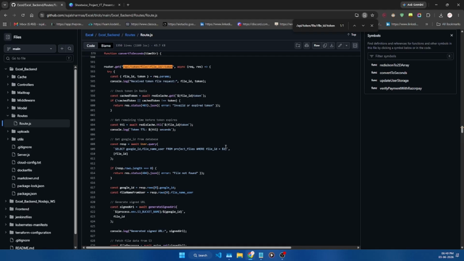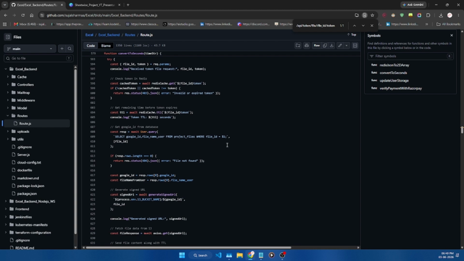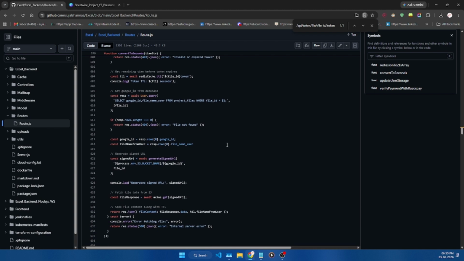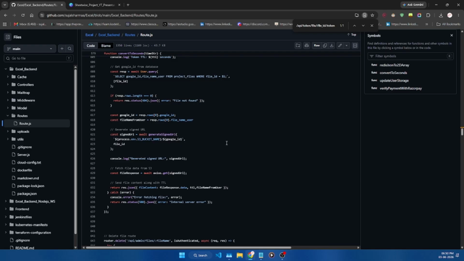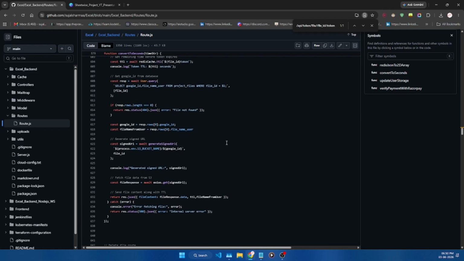If it matches and hasn't expired, it checks the DB to get the Google ID of the owner, generates a pre-signed S3 URL, fetches the CSV via Axios, and returns the raw file content, the user-facing name, and the remaining time to live (TTL). Alright.